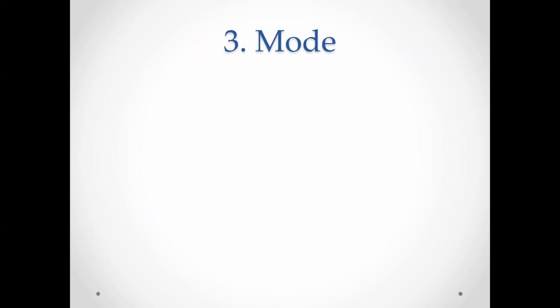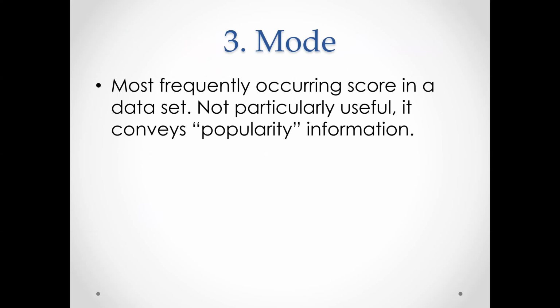The last central tendency index is the mode. Mode is the most frequently occurring score in a data set. Now, it conveys a popularity of information, what number or what data or what score was the most common in the data set. So oftentimes this is not used in experiments, but